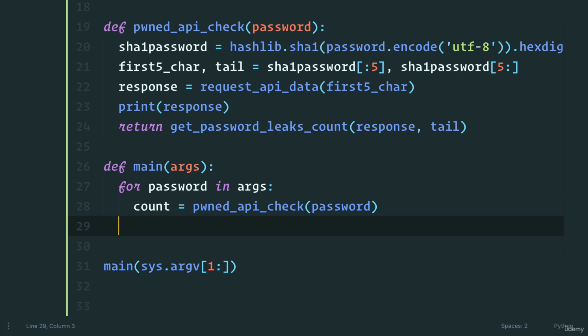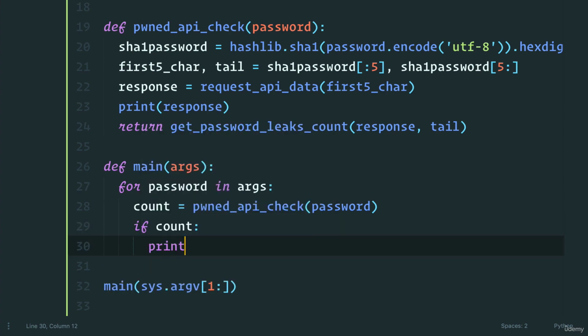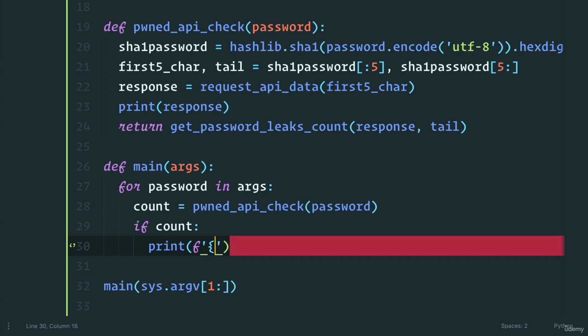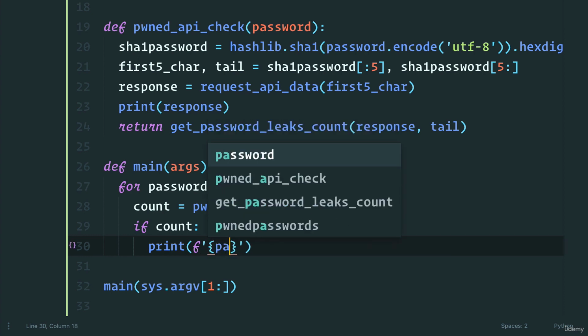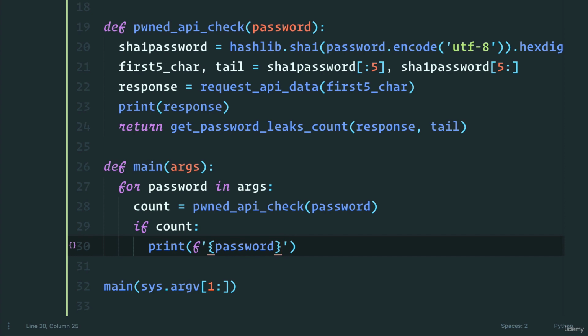And all we're going to do is actually inside of this block say if count exists. In that case, I want you to print an F string, and this F string is going to say the password that we're looping through was found, the count of how many times,